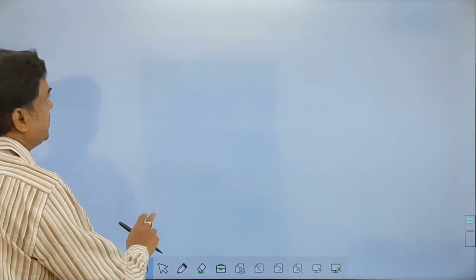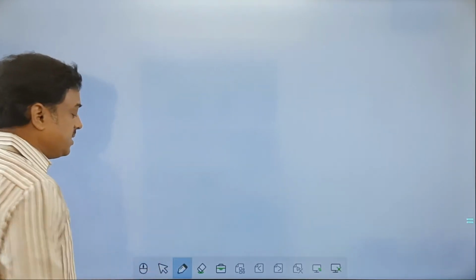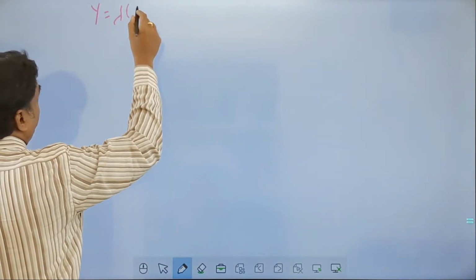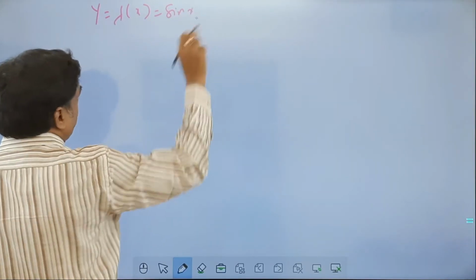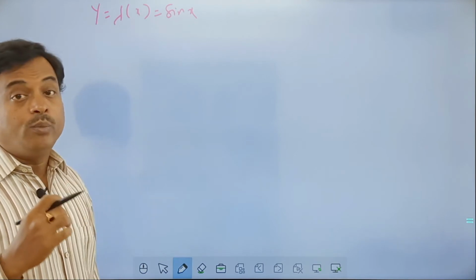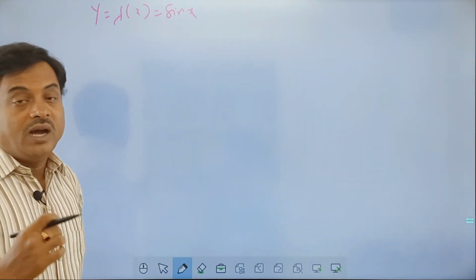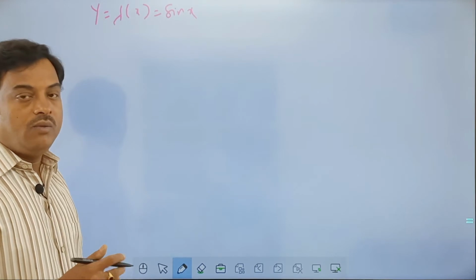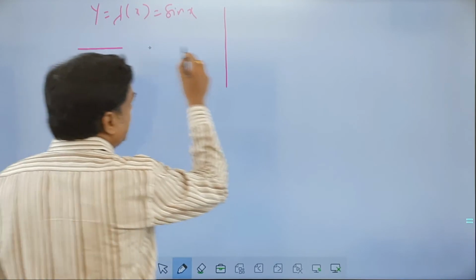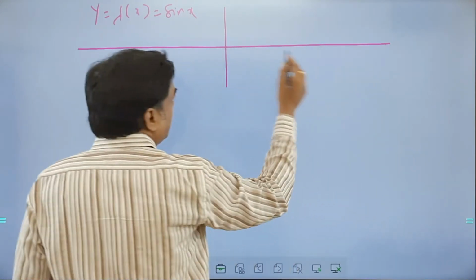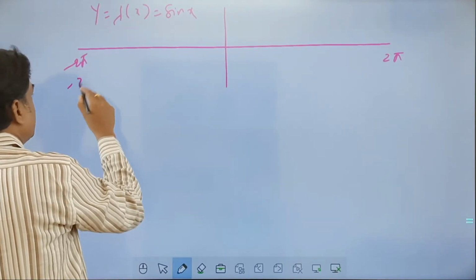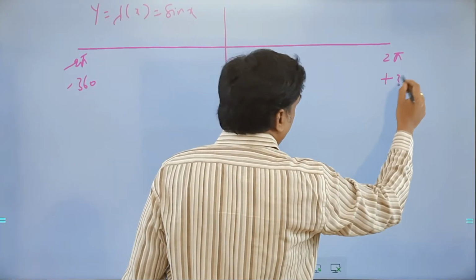This space will be sufficient, I guess. Fine. Now if you see what a domain and range are, for example, if I take y equals f of x equals sin x. You all know sine as a trigonometric ratio, and we know how to plot this sine graph on graph paper. Now when we talk about the sine function, we all know how it looks, right? So let us take 2 pi here as the maximum and minus 2 pi as the maximum. So minus 360 to plus 360, we all know these things, right?